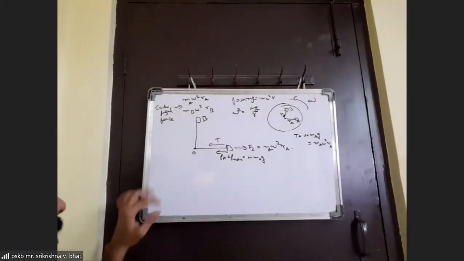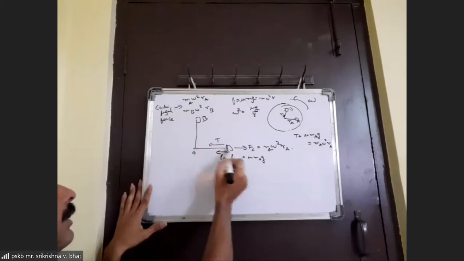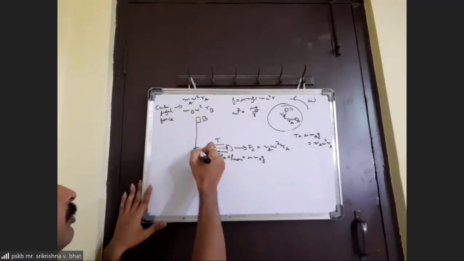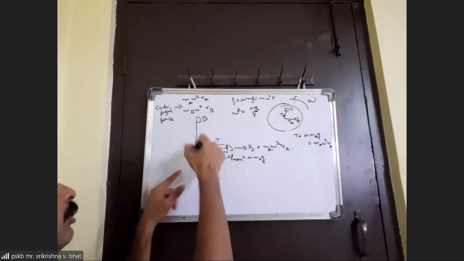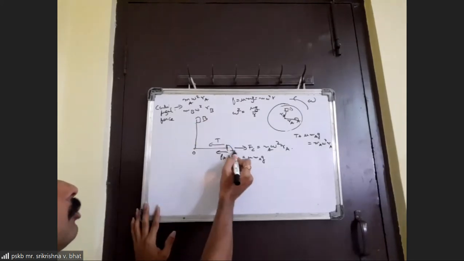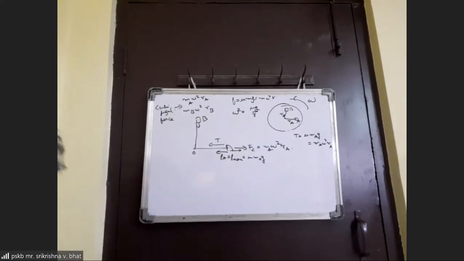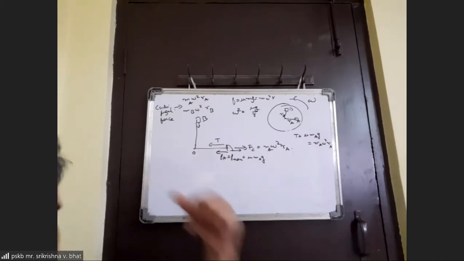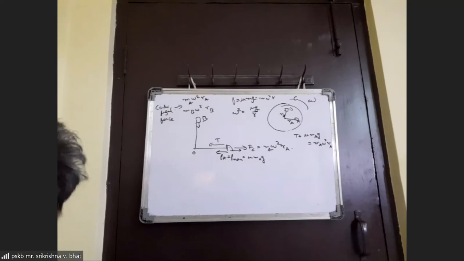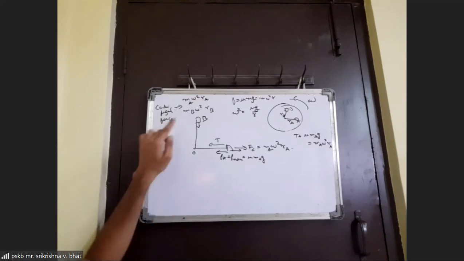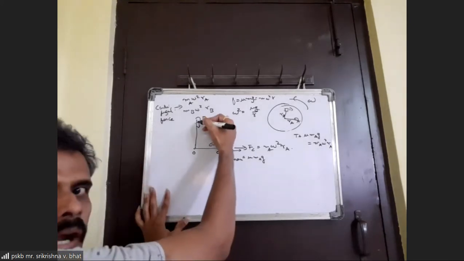Now for B, this string is connected and it is free to slide around this vertical axle. So if A has a tendency to go this way, then B will have a tendency to go this way. So B will have a tendency to slide inwards or towards the center. Or if B has a tendency to slide outwards, then A will have a tendency to slide inwards. But in this particular scenario, that seems unlikely. So therefore, we can go with the fact that B is likely to show a tendency to slide inwards.